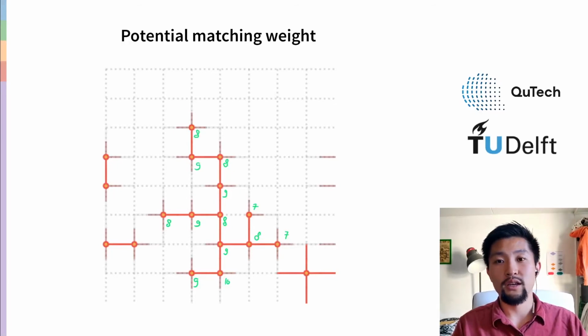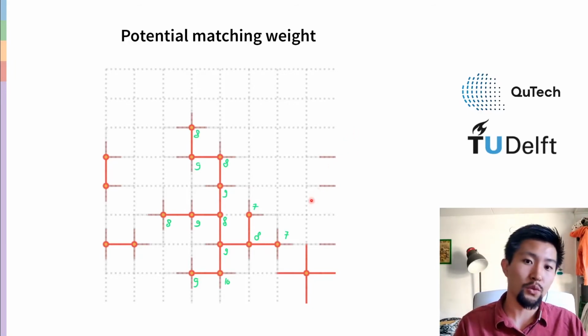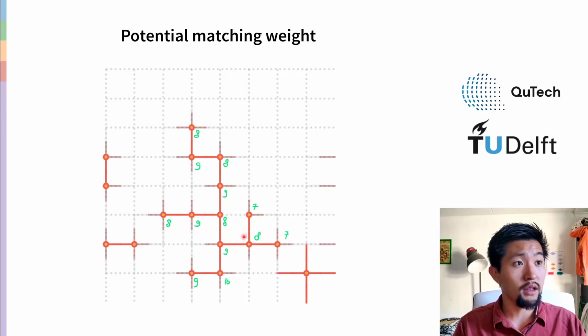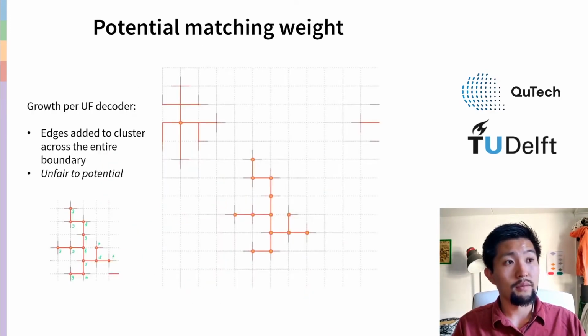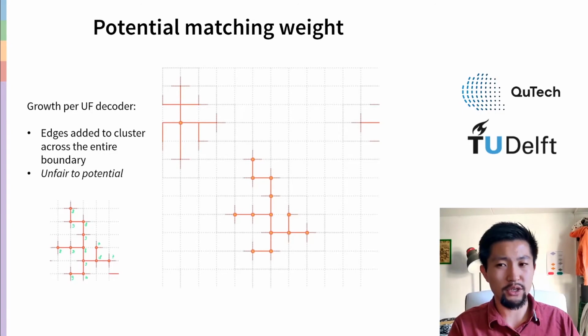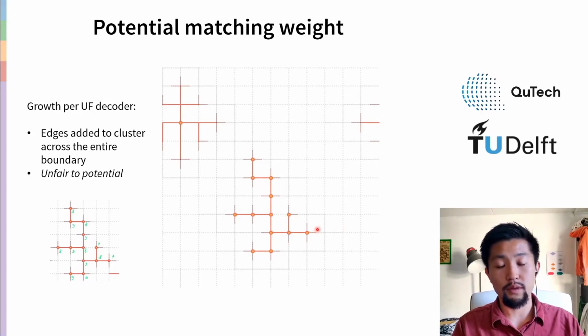So let's look at an example of a larger odd cluster where I've labeled the potential matching weight of each vertex individually. So we have 7s, we have 8s, and 9s and 10s. If we would grow this cluster according to the vanilla unifying decoder, edges will be added to the cluster across the entire boundary within the same growth iteration. And based on this potential, that will be unfair. If you would like to achieve a minimal weight while growing these clusters, what you